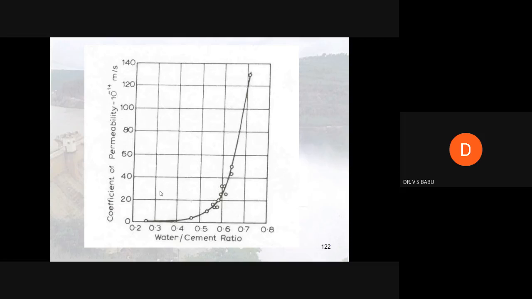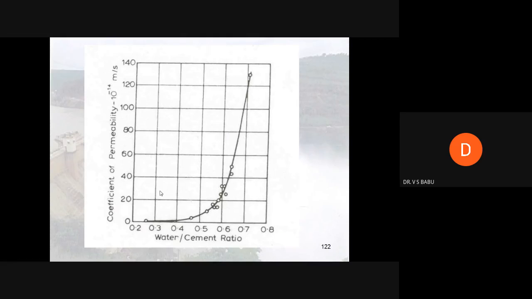Next, now you see the coefficient of permeability. The cavities are more in the concrete structure. If you pour concrete in a beam, slab, foundation, or mat slab, any structure, and on one side the water is there and on the second side there is no water, at that time the gradient, that means the phreatic line, will travel through the concrete. Even small cavities permit seepage. This permeability is measured in terms of the coefficient. Your coefficient should be minimum. If the coefficient of permeability is minimum, that is a water-retaining structure.